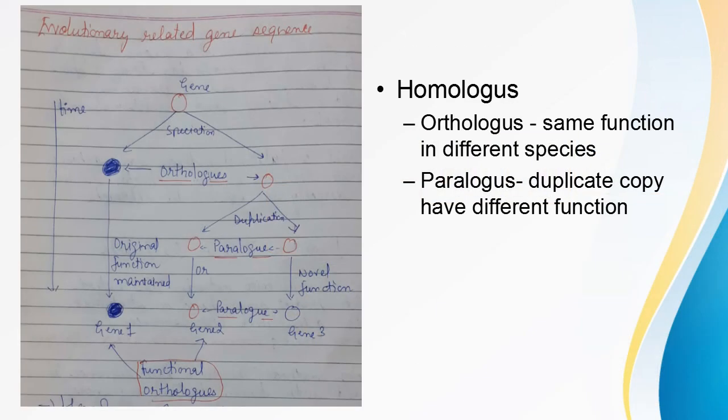So there are basically three terms. First is homologous gene sequences, second is orthologous, and third one is paralogous. Homologous genes are derived from a common ancestor and may have either similar sequences or similar functions, and these can further be divided into two classes, orthologous and paralogous. Orthologous means they have the same function in different organisms, and paralogous genes are present in a single species and arise by duplication, but the new copy has a novel function or characteristic.